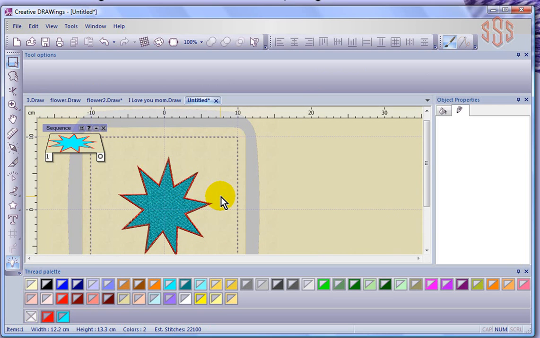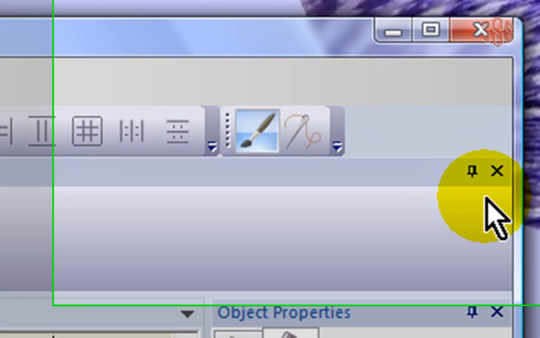Although there's one more thing I think I want to show before I move forward, and this is something that kind of relates to customizing your workspace. Remember, I just showed you how to turn on the tool options toolbar, but it occupies quite a bit of the space of my desktop. And so what I wanted to show you right at this point is, if I look very closely right here,